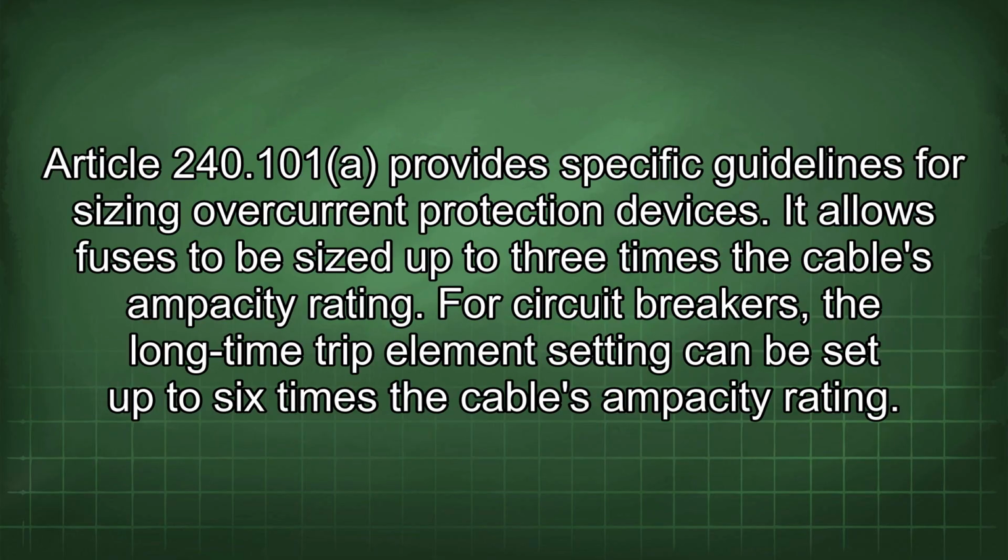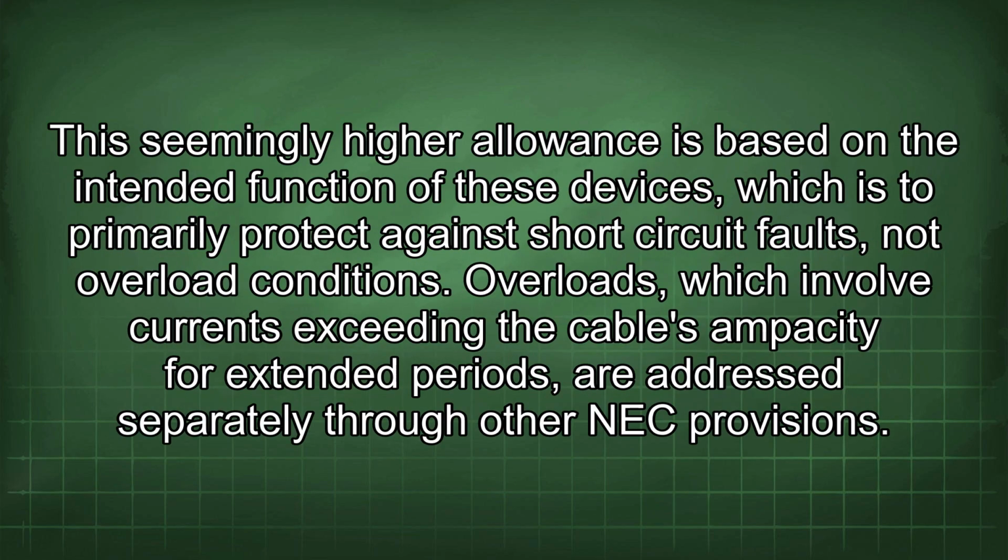Article 240.101 provides specific guidelines for sizing overcurrent protection devices. It allows fuses to be sized up to 3 times the cable's ampacity rating. For circuit breakers, the long-time trip element setting can be set up to 6 times the cable's ampacity rating. This seemingly higher allowance is based on the intended function of these devices, which is to primarily protect against short-circuit faults, not overload conditions. Overloads, which involve currents exceeding the cable's ampacity for extended periods, are addressed separately through other